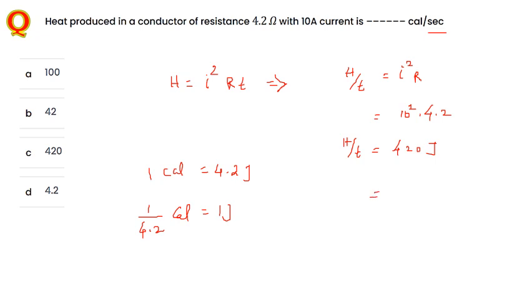So I just mention here 420 into, instead of 1 joule, 1 by 4.2 calories. Already this one is calories per second. If you cancel this one, what you are going to have here is 100 times. So what you are going to have here is 100 calories per second. So the answer here is